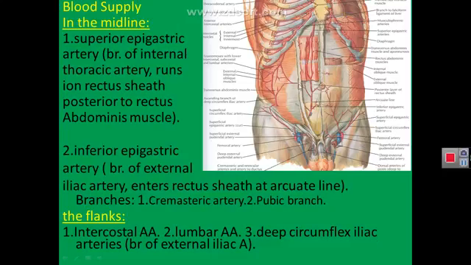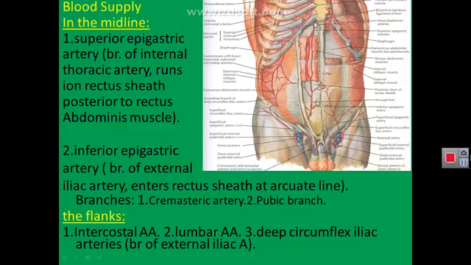However, the vessels of the anterior abdominal wall are of two types or two regions, vessels in the midline and vessels in the flanks. Vessels in the midline are represented by the superior epigastric artery, which is a branch of the internal thoracic artery that runs behind the sternum and divides in the 6th intercostal space into musculophrenic and superior epigastric. This superior epigastric artery runs with the rectus abdominis muscle inside the rectus sheath, and it runs usually behind the rectus abdominis muscle. As you can see, you must remove the rectus abdominis muscle to see the artery behind it. And also in the midline you have,